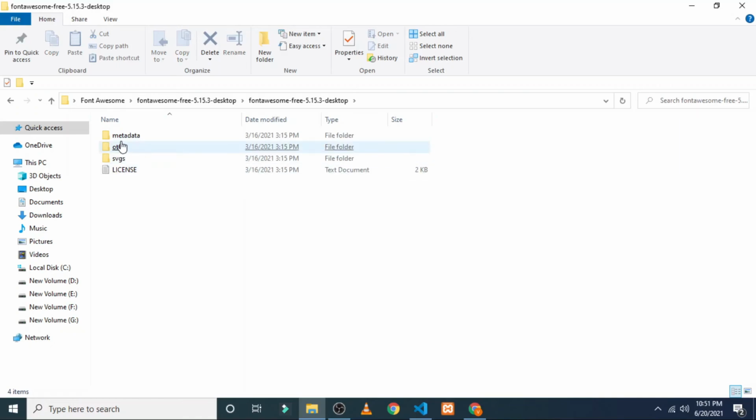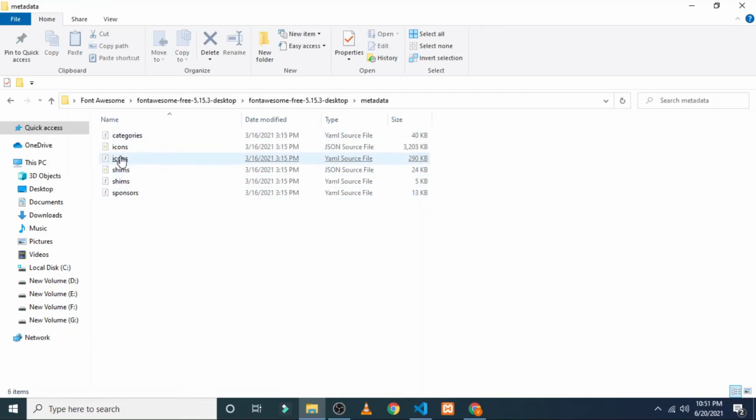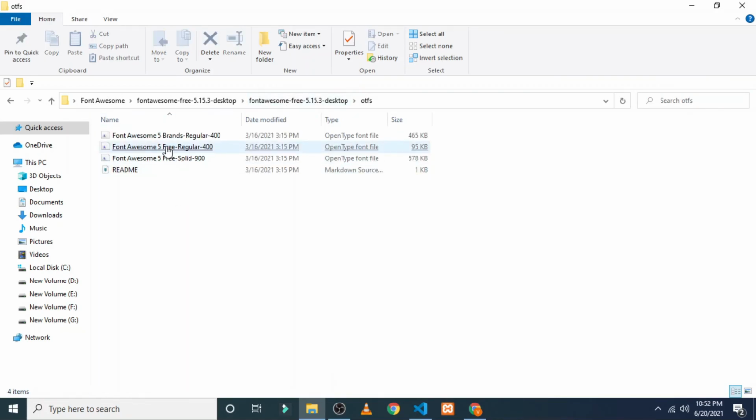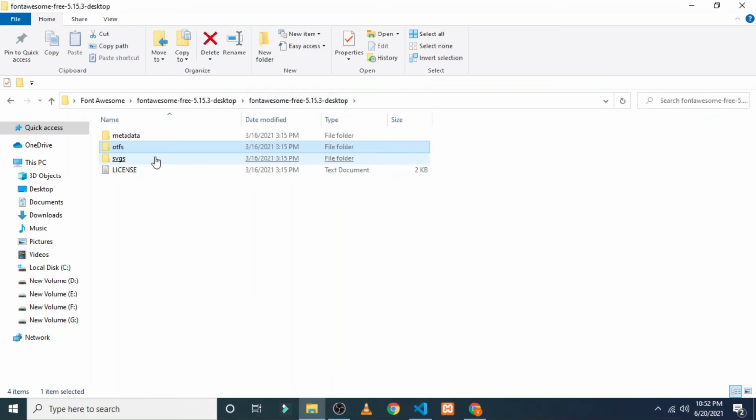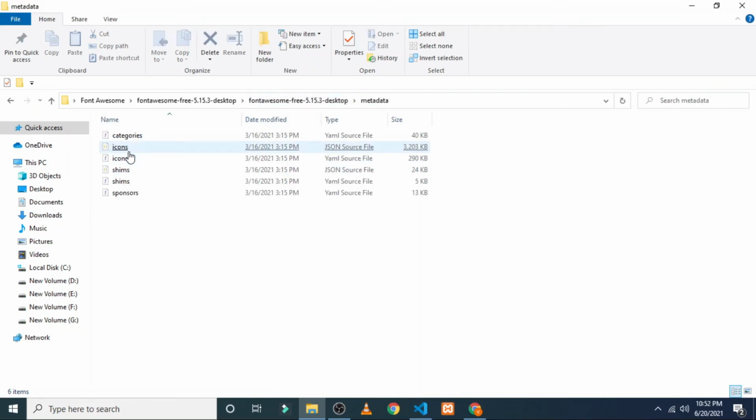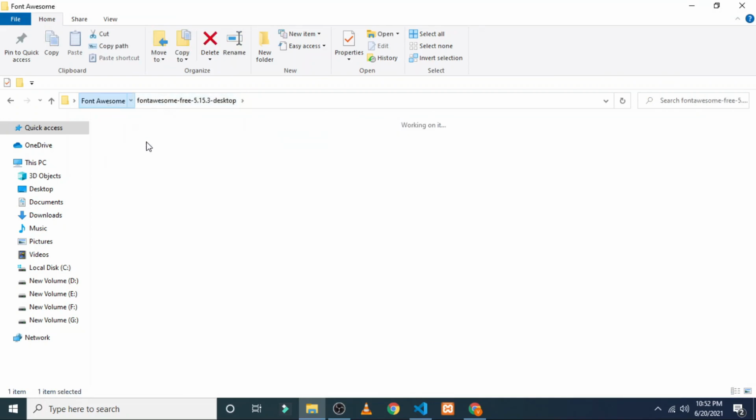Click on this. In this, you have to remember to paste these two icon folders and link them to your CSS, so that all the Font Awesome icons will work. If you want the OTFs, you can paste those, and if you have used the SVGs of Font Awesome, then you can put the last folder and link it to your CSS file.